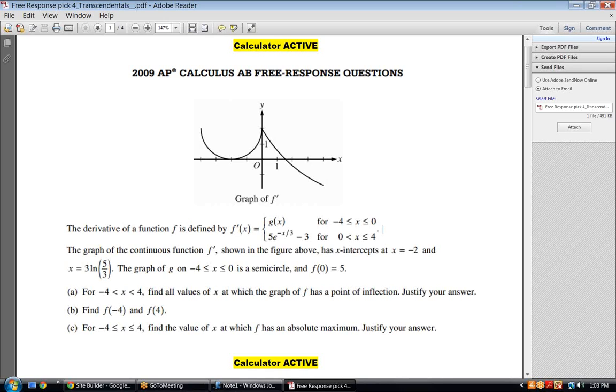Okay, the graph of the continuous function shown in the figure. And they tell us it's a semicircle, and that f of 0 equals 5. Alright,